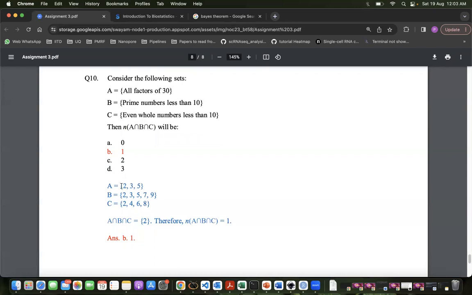Yes, ma'am. 1 would not be included because 1 is a factor of all numbers. Okay. Yeah, so actually 1 will also be there. So 1 and 6 and 10 and 15. Luckily, the answer stays the same, whether you include those or not.